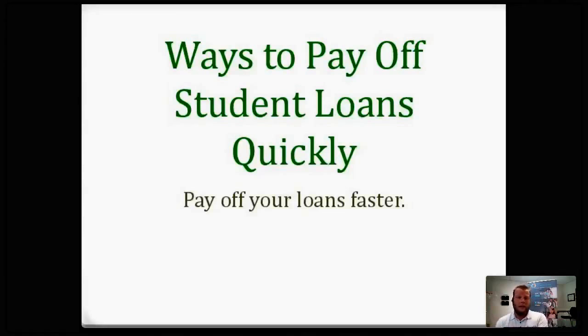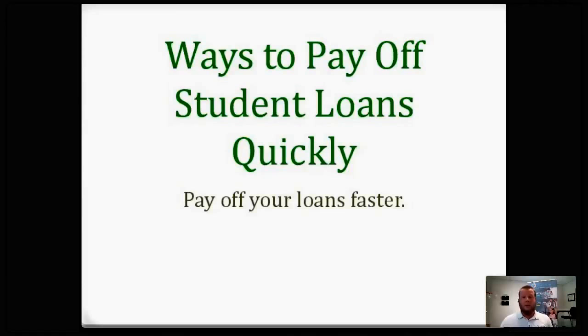Also, keep this in mind. You've successfully finished the rehabilitation. Now you've been rehabilitated, right? You're doing good. It goes back to a standard conventional repayment. So if you guys have been listening, that's a 10-year fixed. You might have been making $5 a month because payments can be as low as $5 for rehabilitation. You go from $5 to $400. Most people can't afford that.